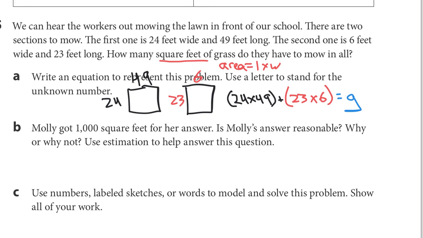Molly got 1,000 for her answer. Is it reasonable? Why or why not? Use estimation. We practiced that a whole bunch up here, so let's do it one more time. 24 and 49 are pretty close to, what if I said like 24 times 50? And then if I look at 23 times 6,